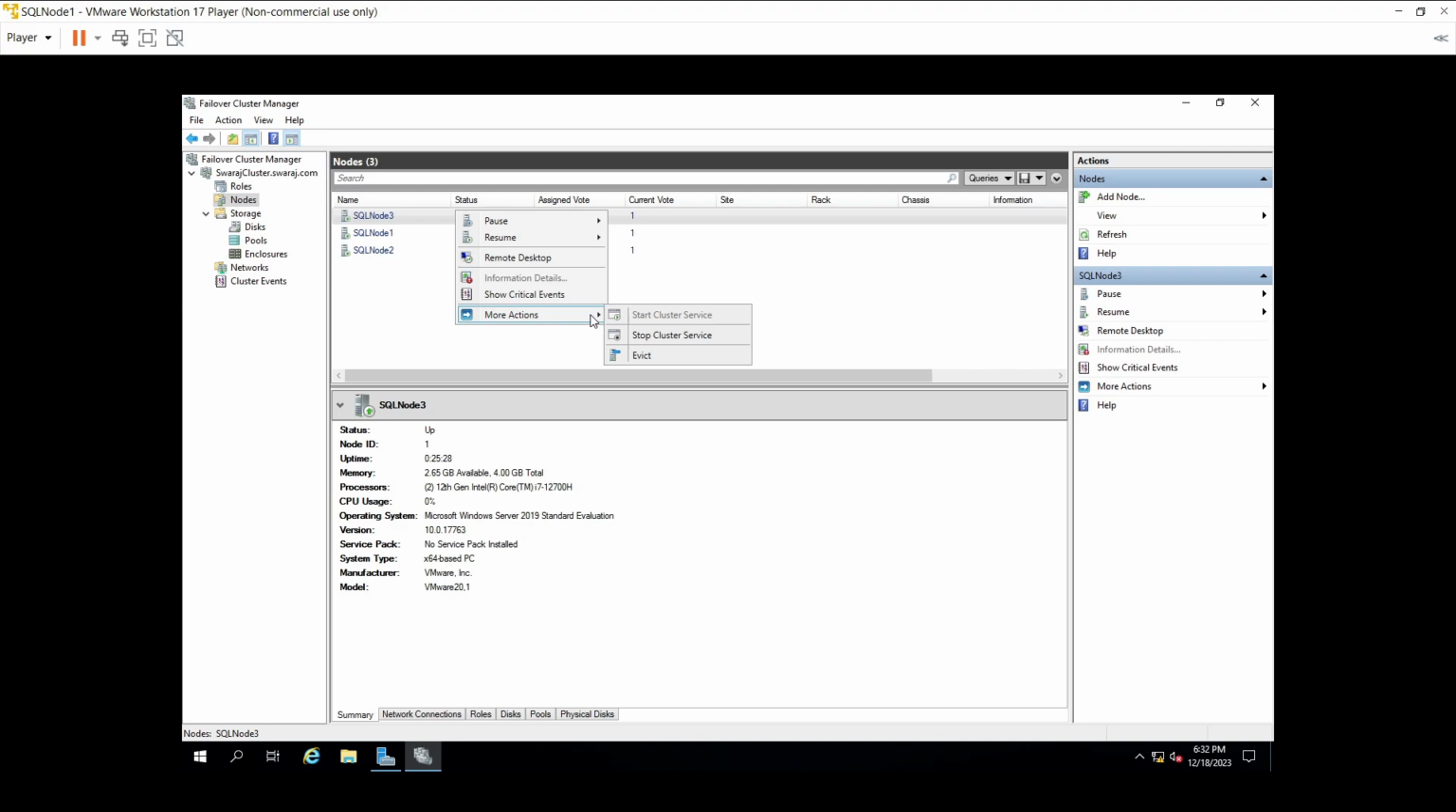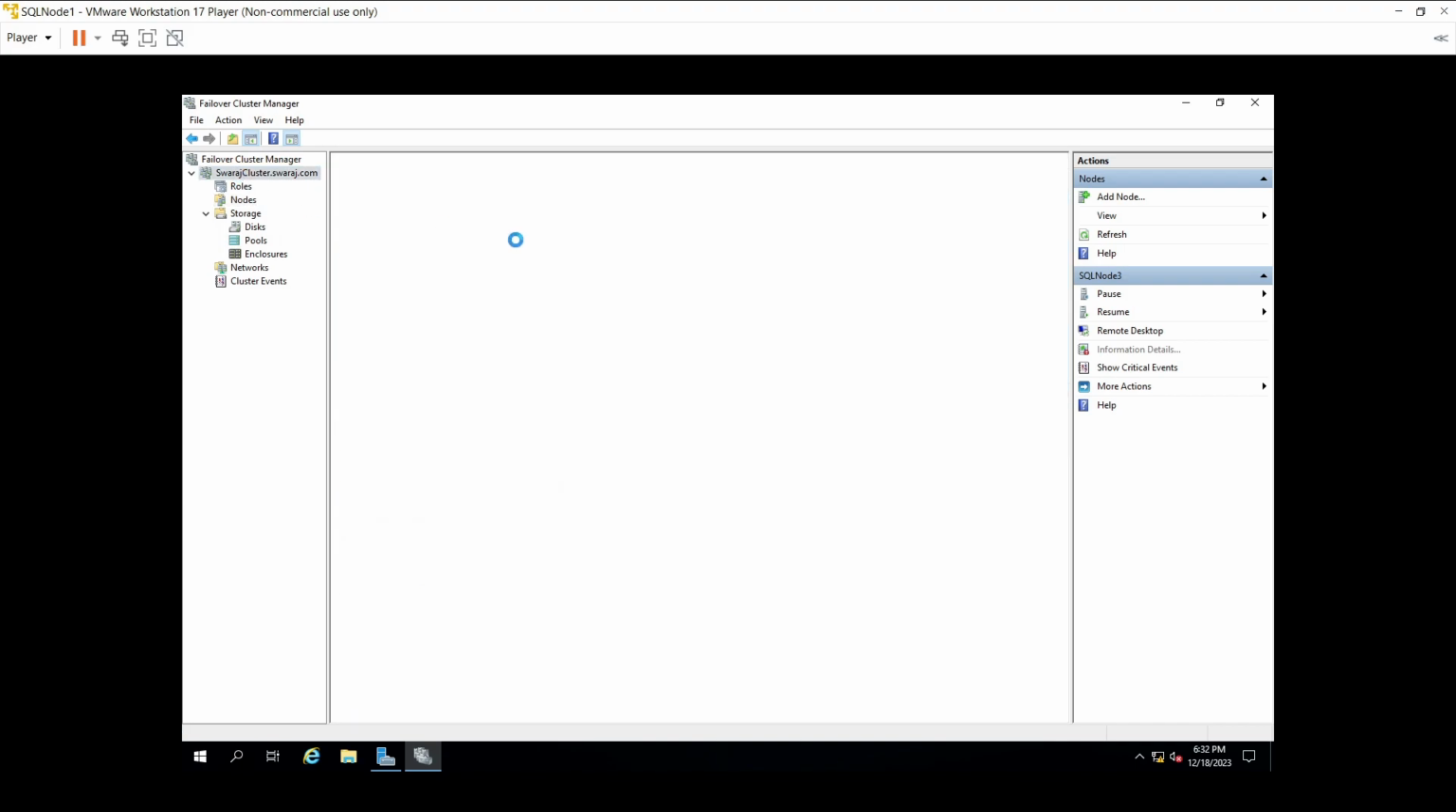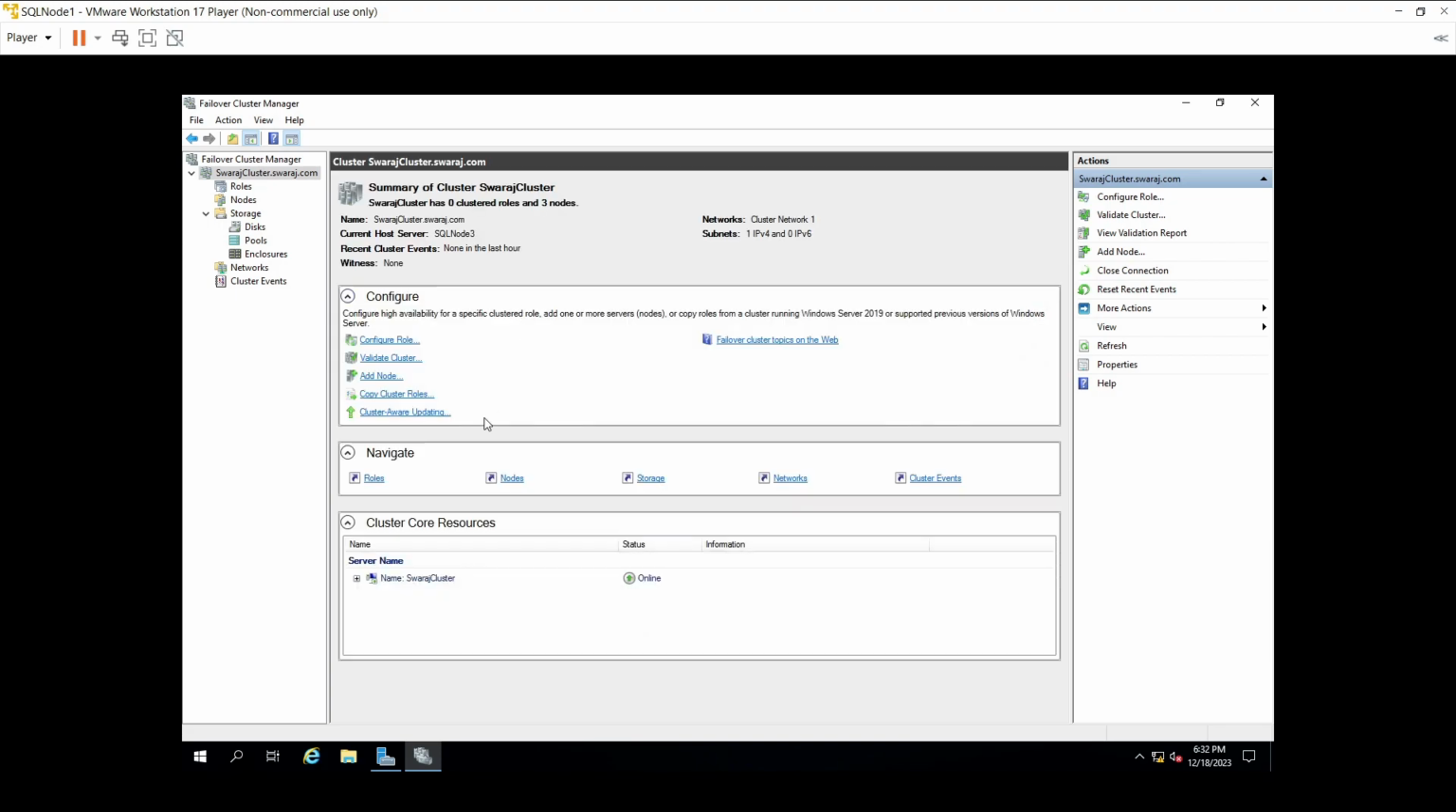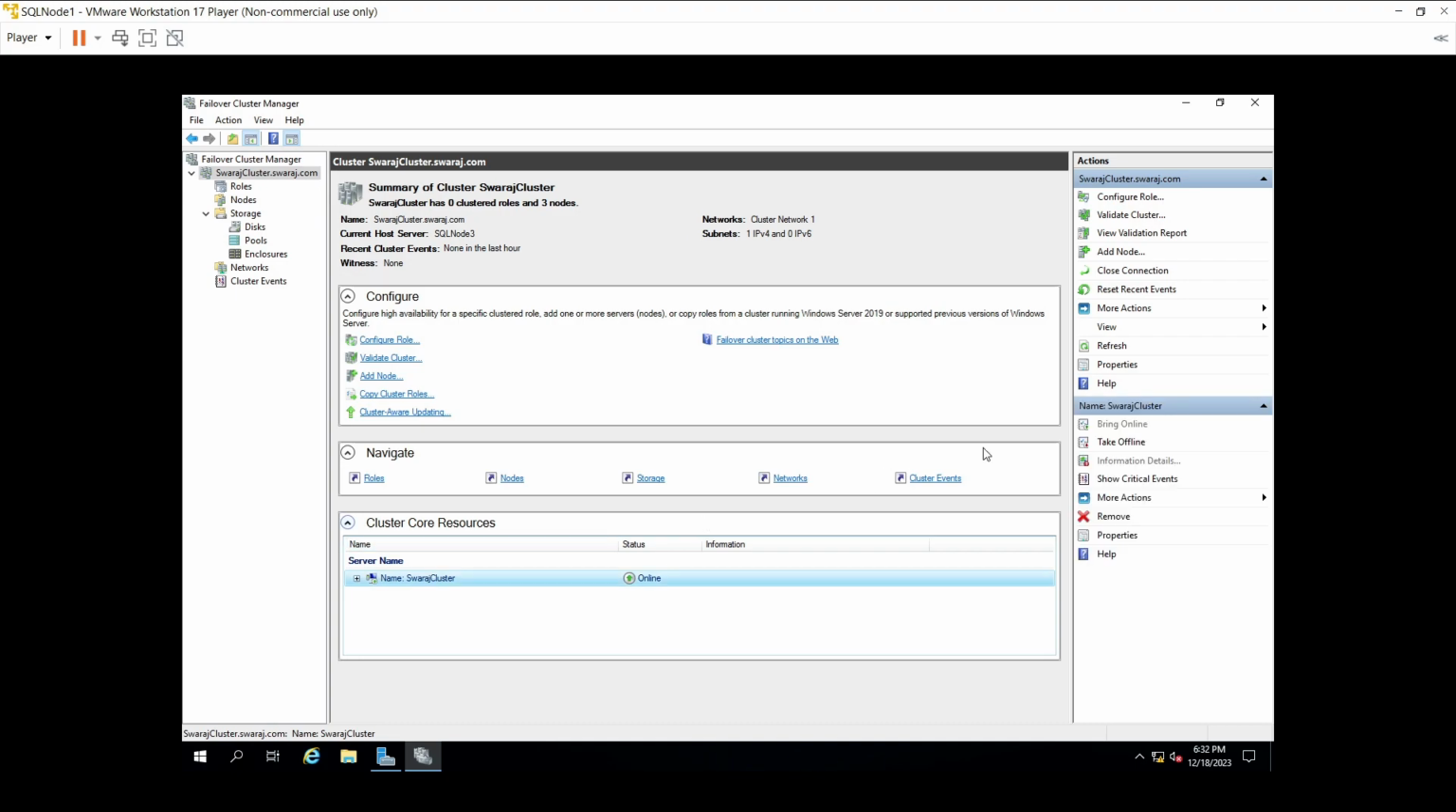Evict means we are removing the node. And for the cluster service, sometimes it is down, so we have to start the cluster or bring it online. Click here and take offline or take online, so you have such options here, right? Okay, then